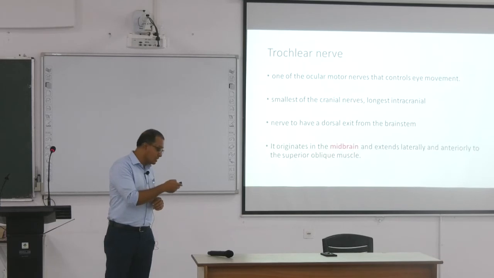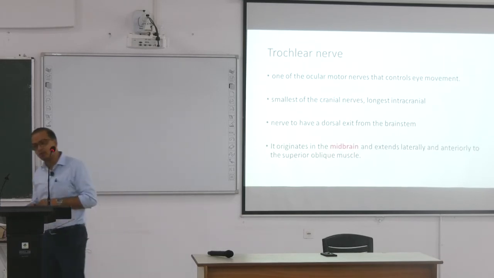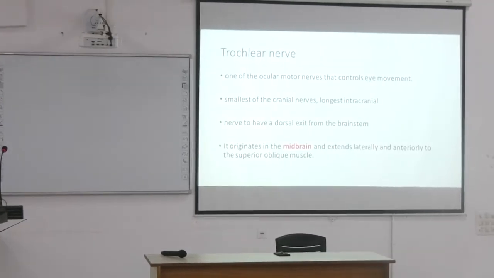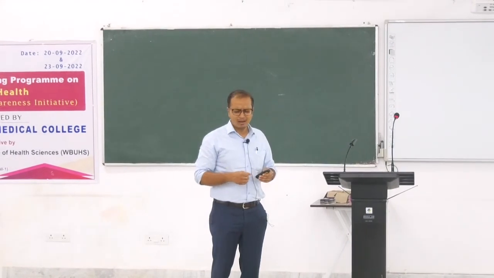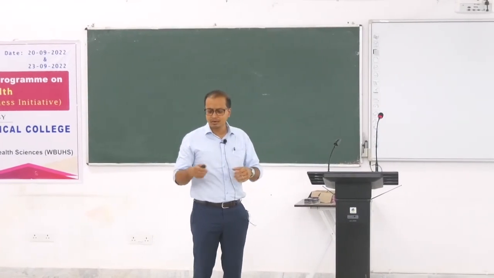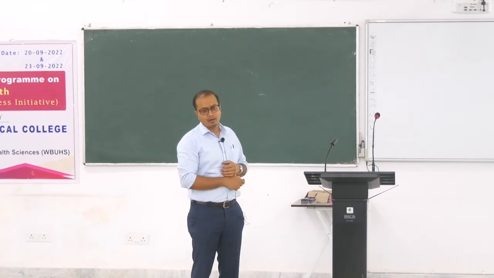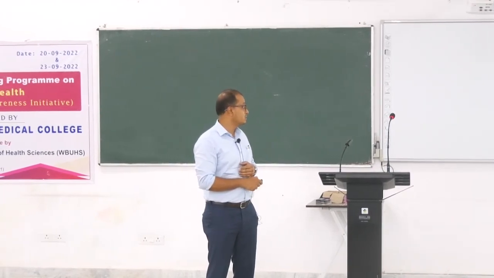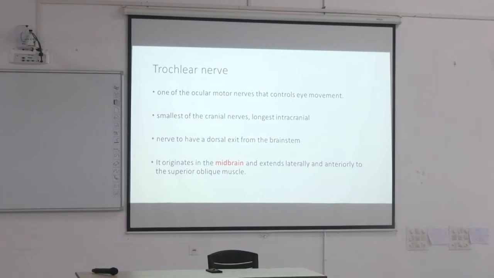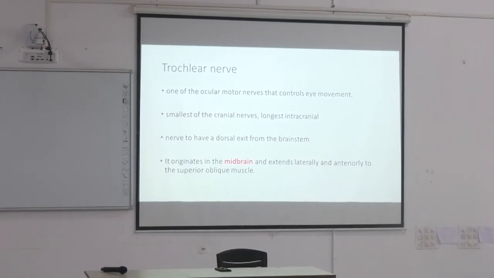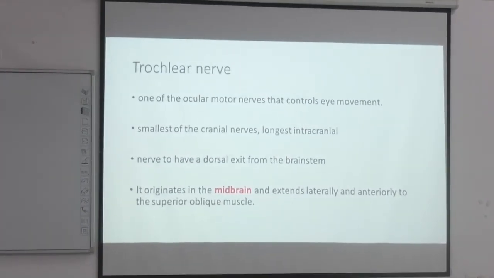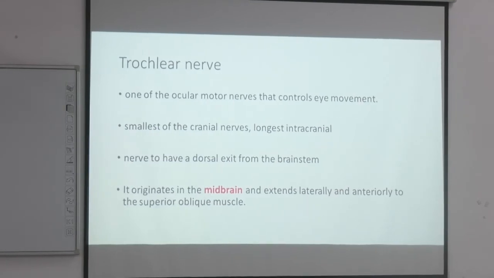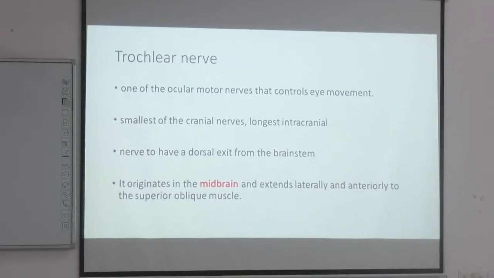Now coming to the other small cranial nerve, which is the fourth cranial nerve, known as trochlear, which also supplies an intraocular muscle, and which is again one of the smallest nerves, having the longest intracranial course. So the trochlear, the fourth cranial nerve, is the smallest cranial nerve. As I am saying, if you remember, when we removed the brain, we hardly could see this nerve on the sections of the brain, nor could we see it when we removed the brain from the base of the skull.